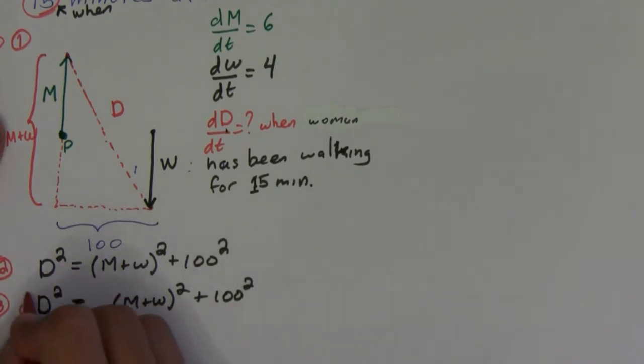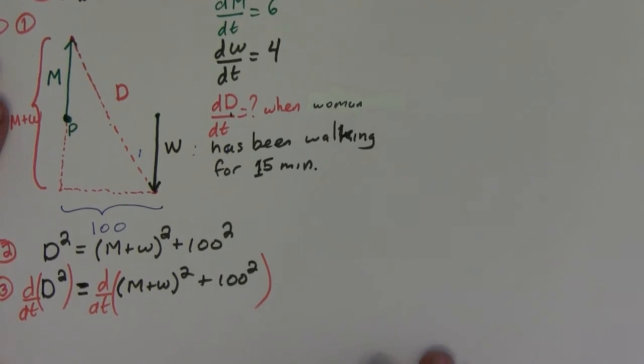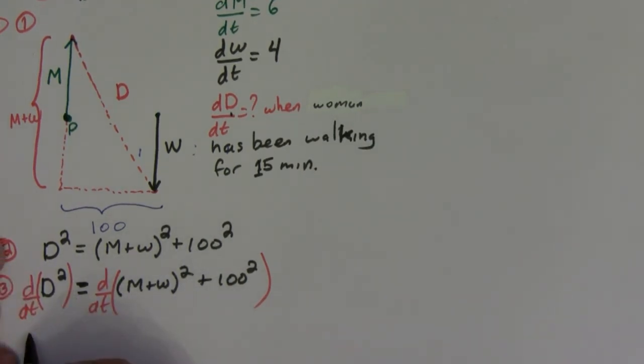Okay, so I'm going to get the derivative of both sides with respect to time. And so what I have is, well, remember that d is a function of time, so I have to use the chain rule. So what I'm going to have is 2 times d times the derivative of d with respect to time